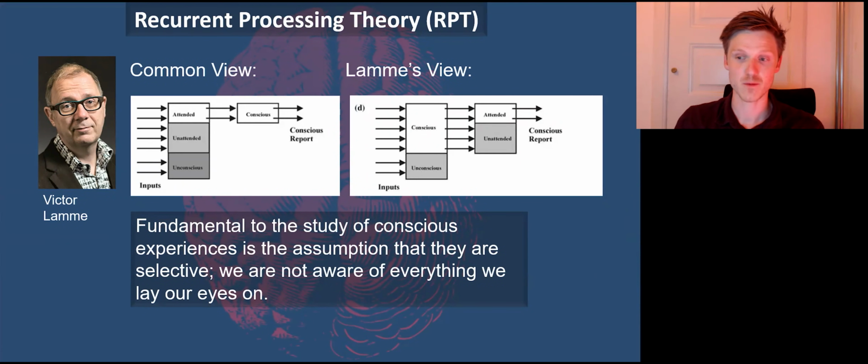we will discuss recurrent processing theory, and this is sort of a newer version of the first order theory. And this is proposed by Victor Lamme, and it is similar in several ways to the first order theories. So first of all, similar to Ned Block, Lamme proposes a difference between access consciousness and phenomenological consciousness, although Lamme proposes that consciousness is different from attention, where attention works in a sort of similar way to access consciousness. It is a type of spotlight on phenomenological consciousness.